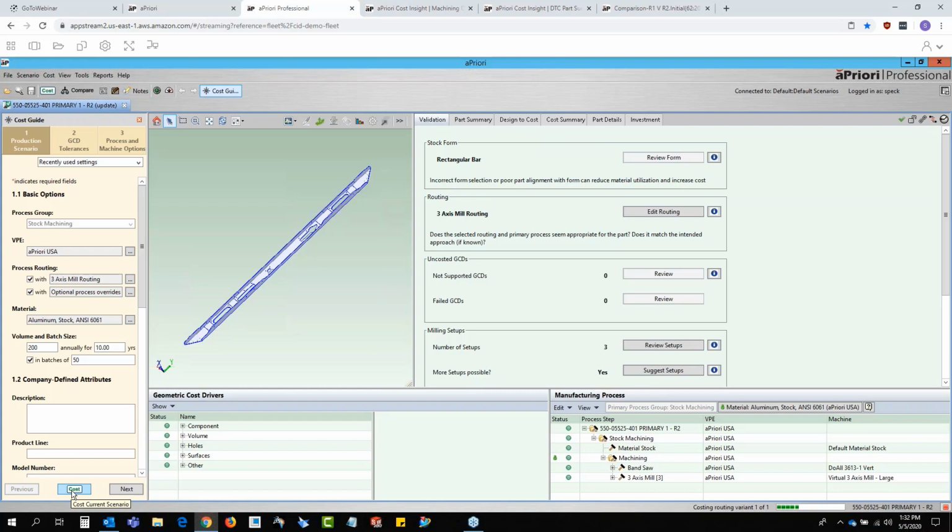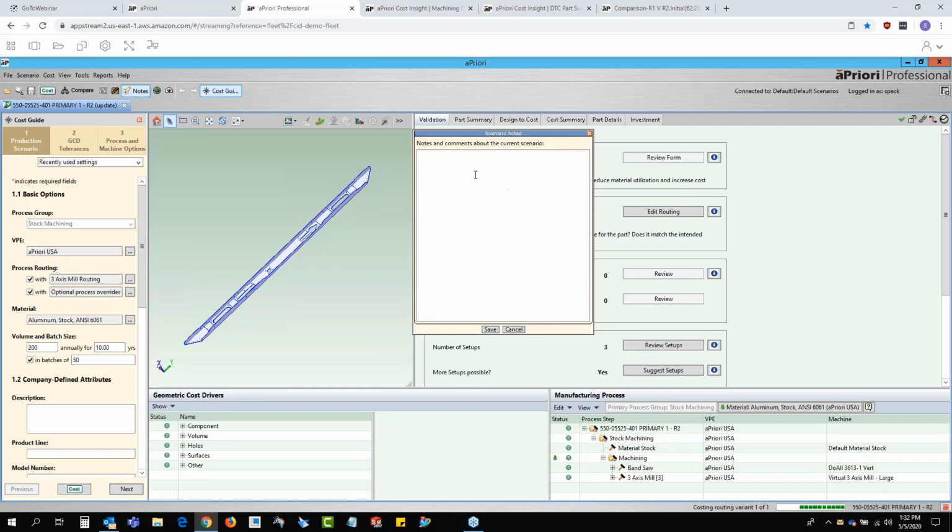Information that really the sourcing or a cost engineer would know, but not necessarily the designer. But they can also collaborate effectively as well. So there's a capability in the application. It's a cross capability function that allows you to capture notes, and these would be available within CI Design or within AP Pro. So we could put in a few notes here, added